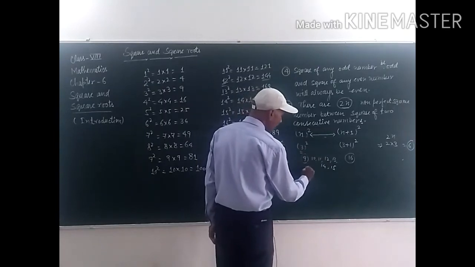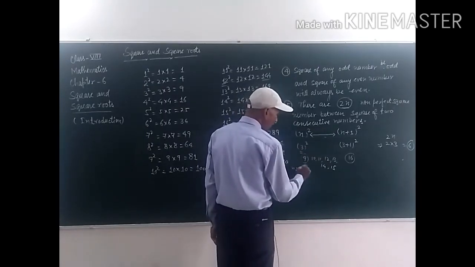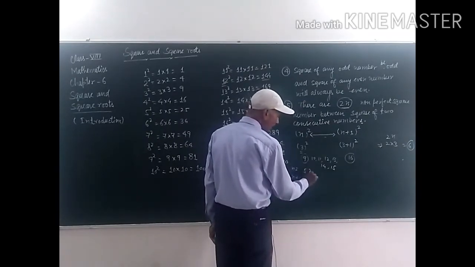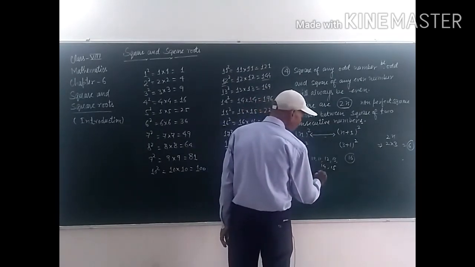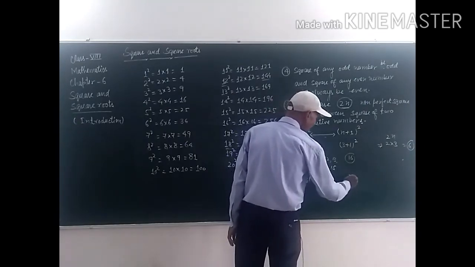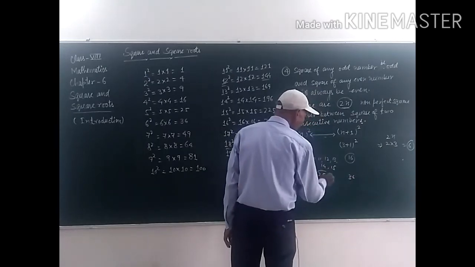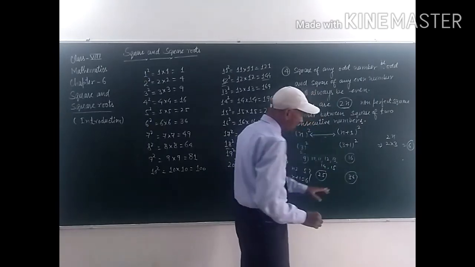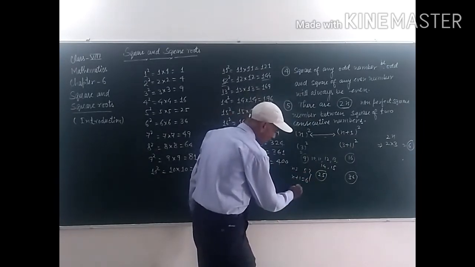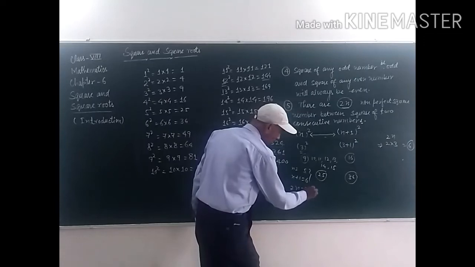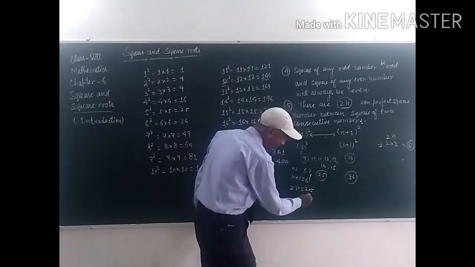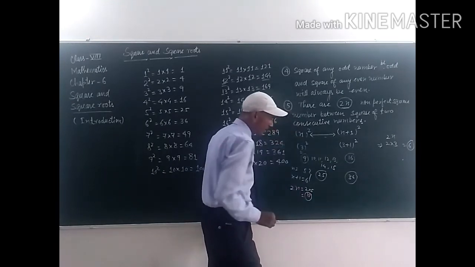If n is equal to 5, then n plus 1 is equal to 6. So, these are the consecutive numbers. Square of 5 is 25, and square of 6 is 36. How many numbers will be in between the squares of these two consecutive numbers, student? n is equal to 5, so it will be 2n, it means 2 into 5. That will be 10. Clear, student?